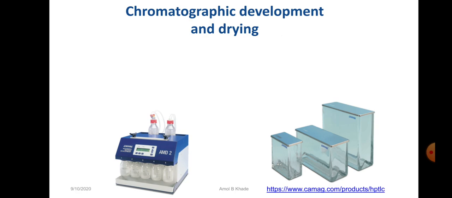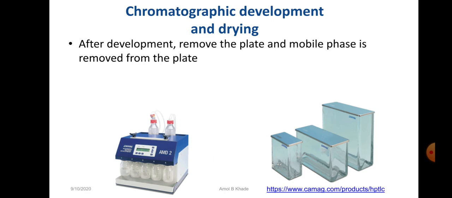So usually in our manual TLC, we individually pipette out these solvents, and there could be a personal error. The volume will not be exact, and during the transport of the bottle from here and there, the ratio of the solvent system is not maintained, which ultimately affects the reproducibility of the experiment. So that can be taken care of